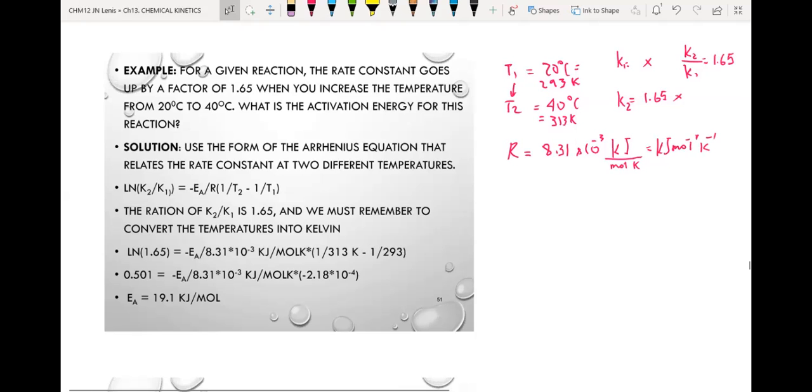So we're using units of R in kilojoules. If you use joules, then your answer will be in joules: 8.31 joules per Kelvin mole. And you plug that in and you get your answer. Now we know exactly what the activation energy is for that. You need to do this calculation also